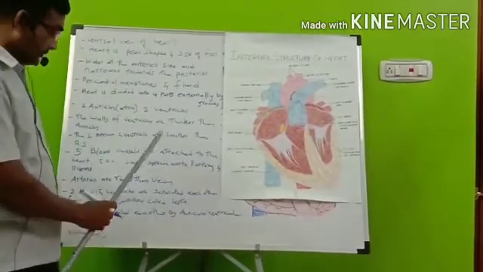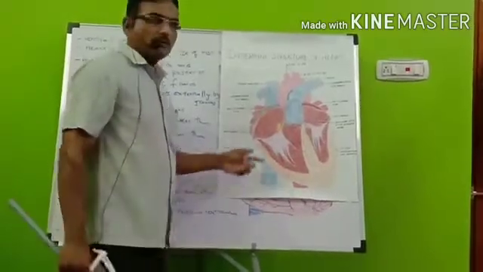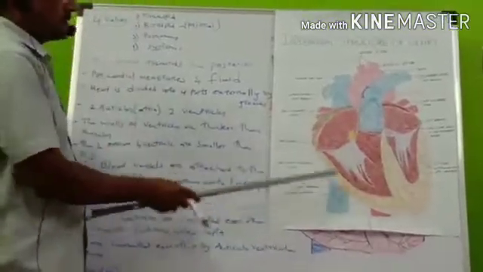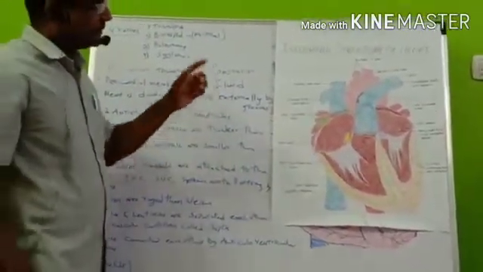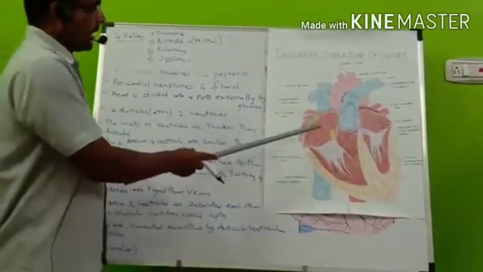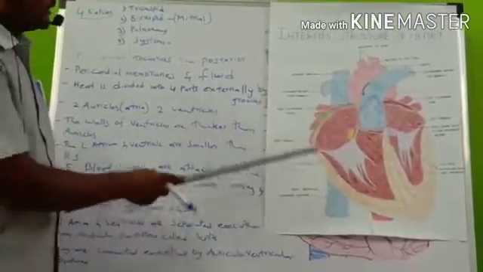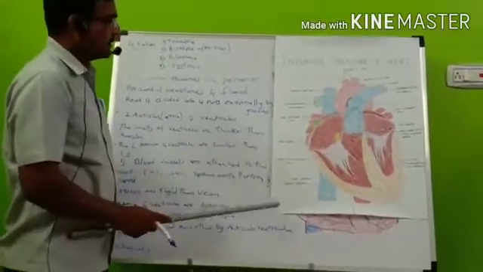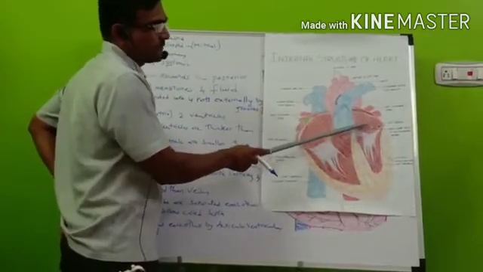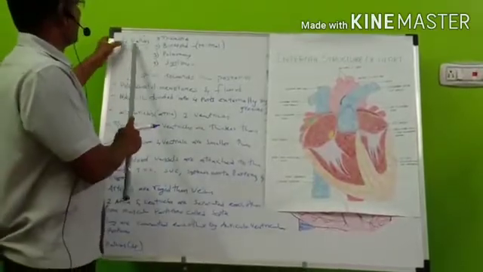Arteries are more rigid than the veins. The 2 atria and 2 ventricles are separated from each other by thick muscular partitions known as septa. The right atrium and the right ventricle are opened by the right auriculoventricular aperture, and similarly the left atrium and the left ventricle are opened by the left auriculoventricular aperture, and these apertures are guarded by 4 valves.